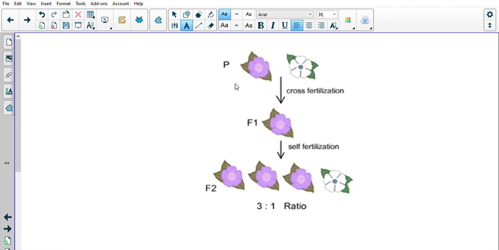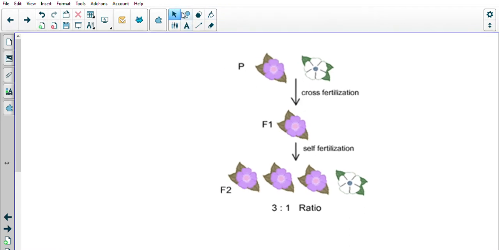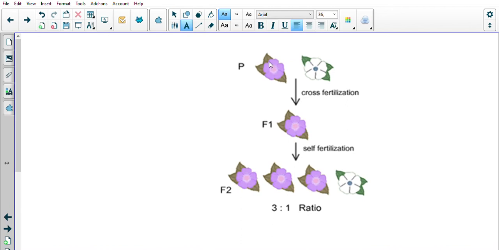The only difference between the two plants was that the one had purple flowers, and the one had white flowers. That's really important because he only wanted to look at the one difference that was occurring. So what he did was he allowed these to cross-fertilize. He took the gamete from this plant and let it fuse with the gamete